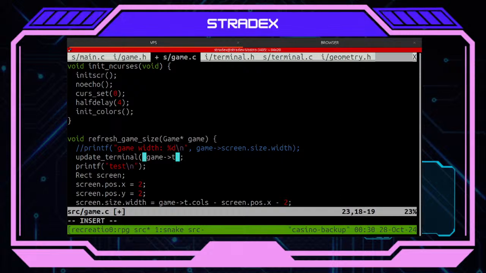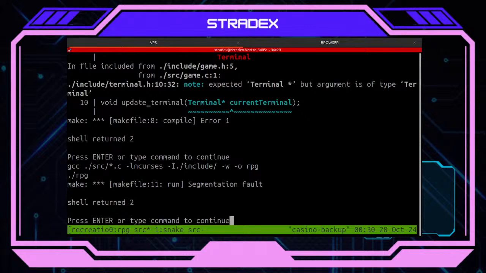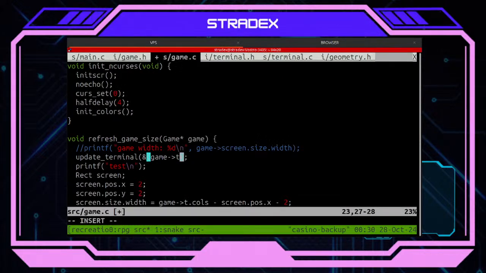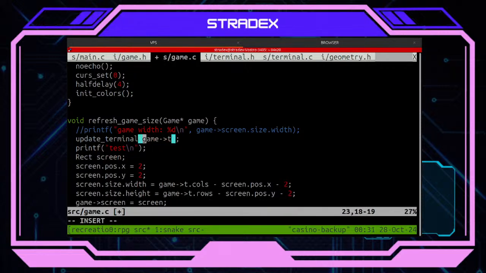Can I go like this? No, this is not going to work though. What can I do here?